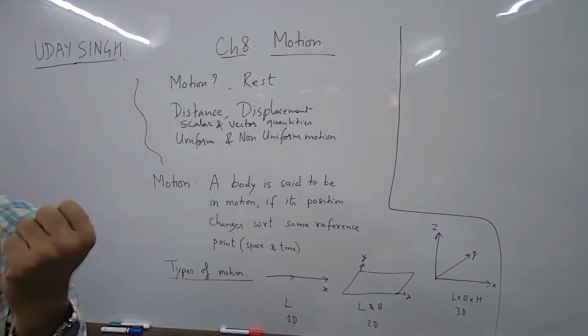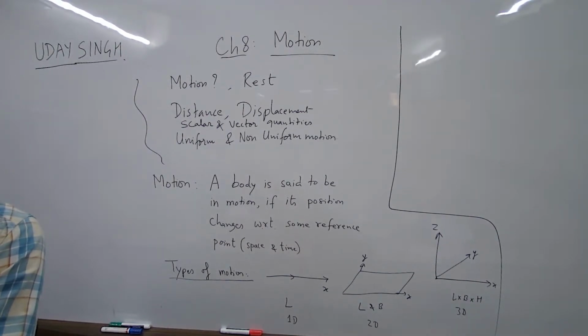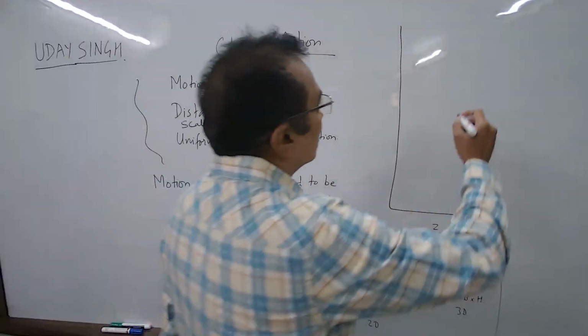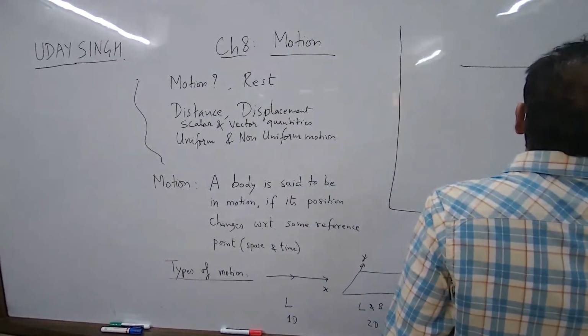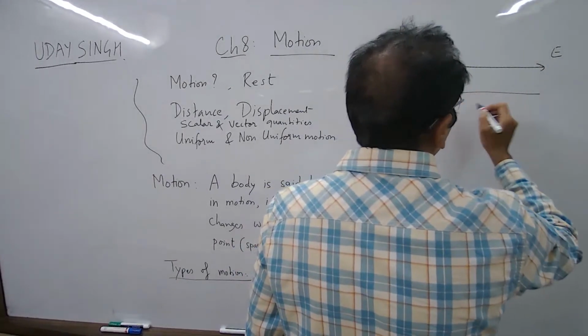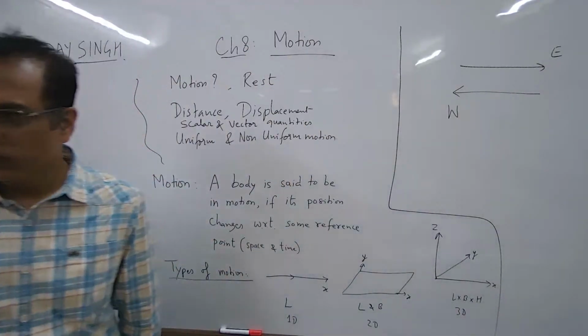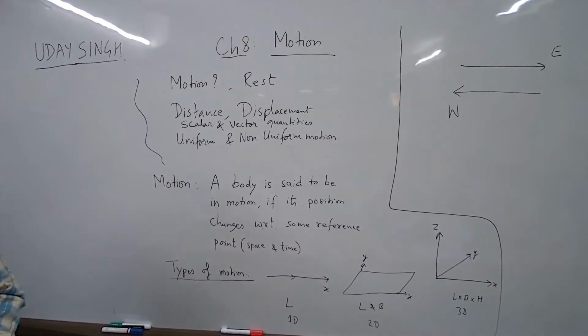So can you give me an example where a motion is taking place? Train. Like two parallel trains, one is going here and the other one is going here. So the example is a train going in this direction, say east. Right is east, left is west. One train is going east, the other train is going west. What is at rest and what is in motion? Both are in motion.